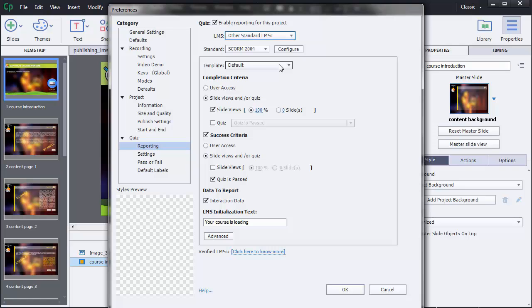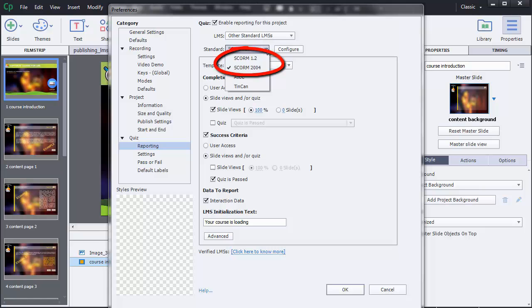Once done, we must select the e-learning standard compliant with the learning management system defined. To do so, we use the Standard drop-down menu where several choices appear: SCORM 1.2, SCORM 2004, AICC, and Tin Can. To briefly introduce these standards, AICC was the first e-learning standard, followed by SCORM 1.2, then SCORM 2004, and finally Tin Can. Notice that SCORM 1.2 and 2004 are still widely used and supported by most LMSs today.